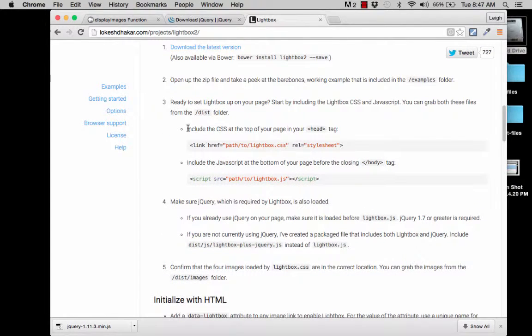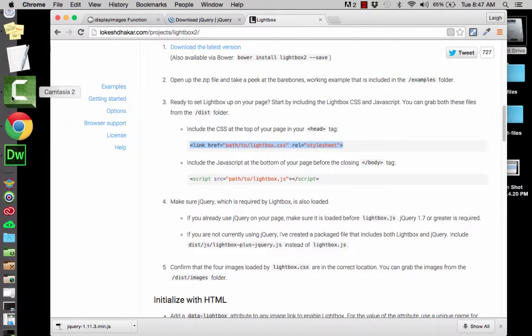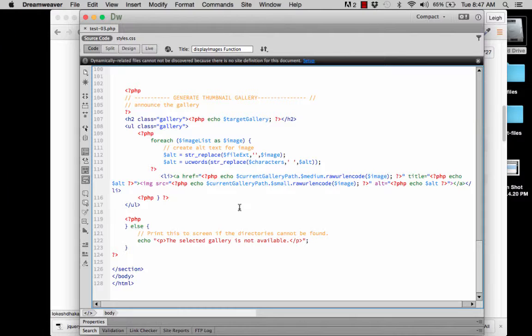And he tells you right off the bat that you need to go ahead and include the link to that style sheet. Okay, and it says here path to lightbox.css. So you're going to have to change where it says path to Lightbox. You're going to have to put the actual path, and then also the path to the jQuery or JavaScript. Well, what I'm going to do here is jump over in Dreamweaver, and